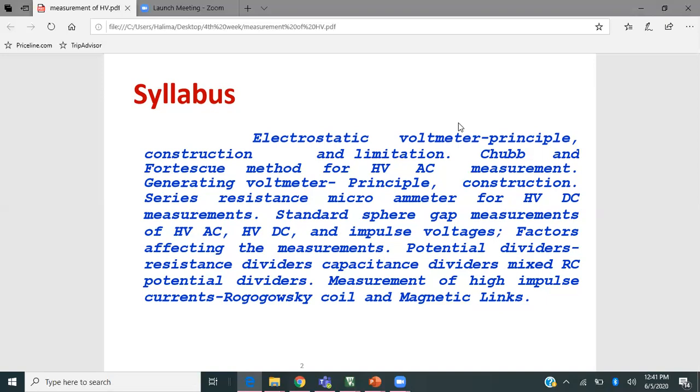So regarding today's contents, we will discuss the electrostatic voltmeter principle. What is the construction, what are the limitations of the electrostatic voltmeter, what is the Chubb and Fortescue method for HVAC measurement, what is the generating voltmeter principle, what is the construction, what is the series resistance microammeter for HVDC measurements. Similarly, how we do sphere gap measurements in HVAC, HVDC and impulse voltage,